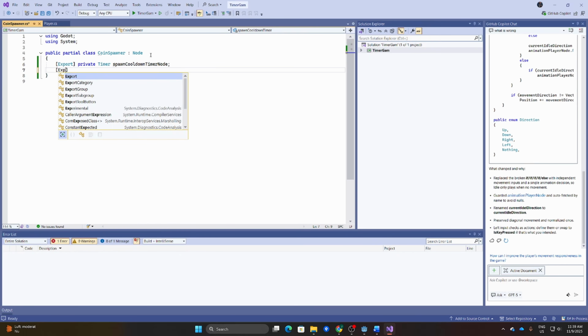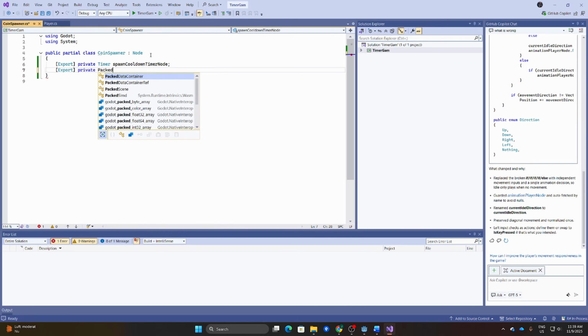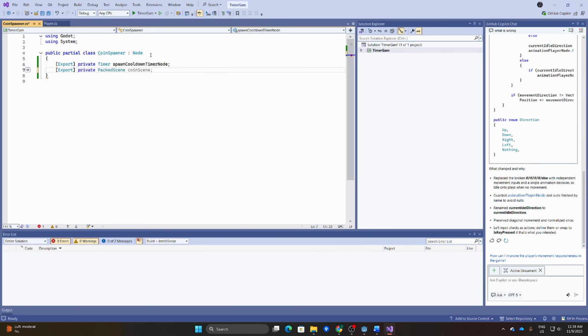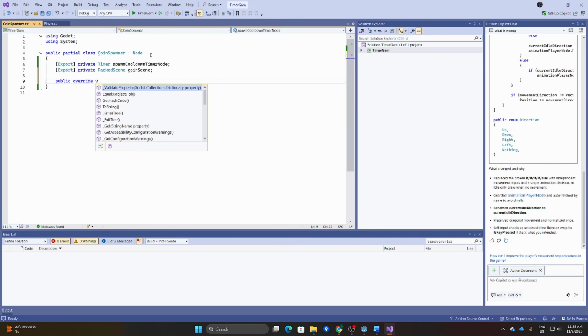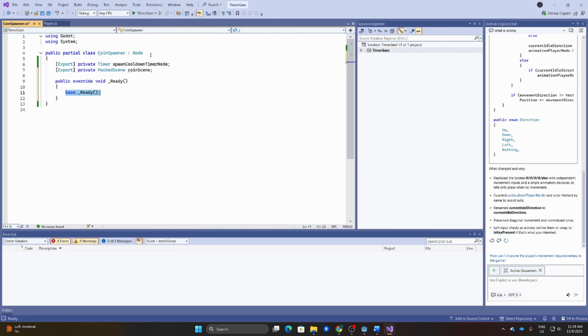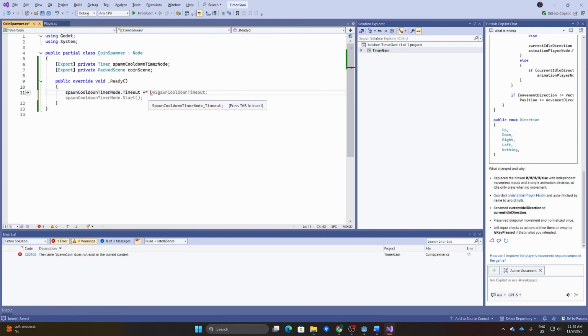And let's export a private packed scene, which is the node that we're going to spawn. And let's say public override void Ready. And let's subscribe to the event called timeout with plus equal to handle spawn coin.